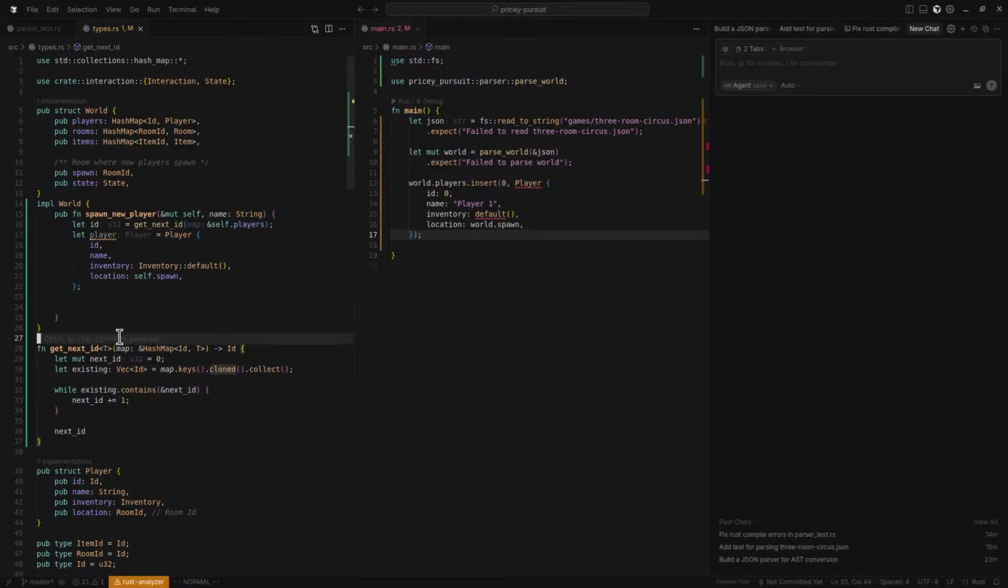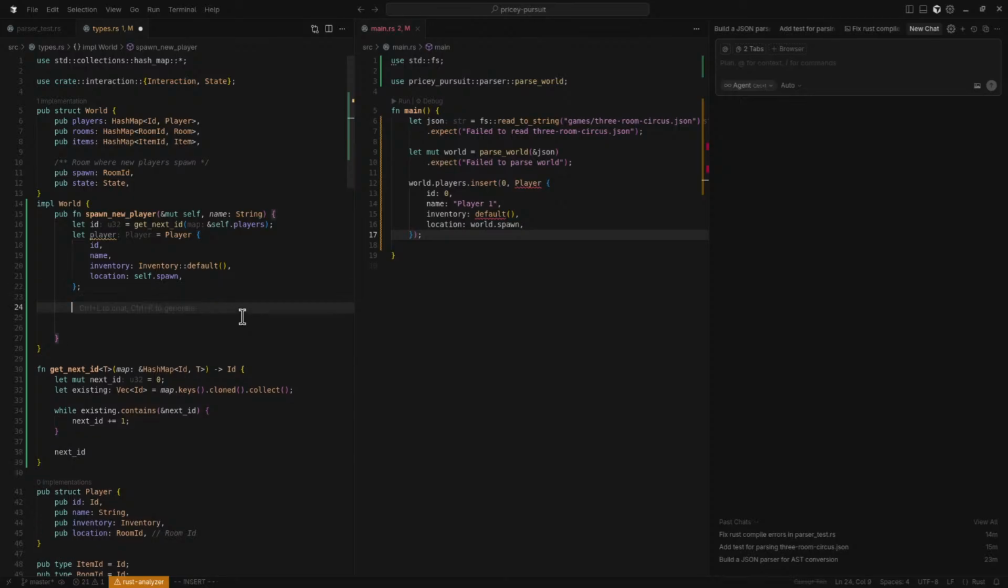I don't care about cloning right now. It's not a performance concern at the moment. Okay. Now, I mean, it's no more of a performance concern than it would be in Python, so. There you go. So we get our next ID, we assign it to the player, and then